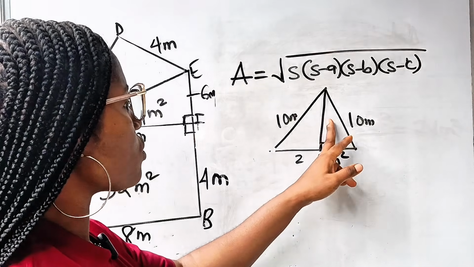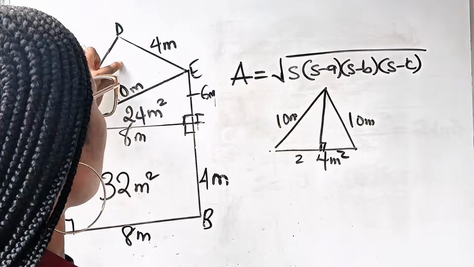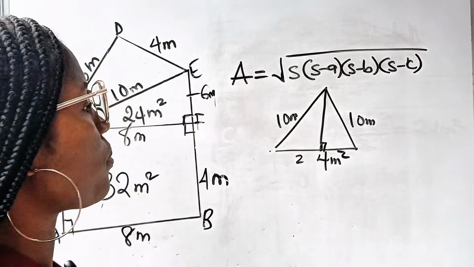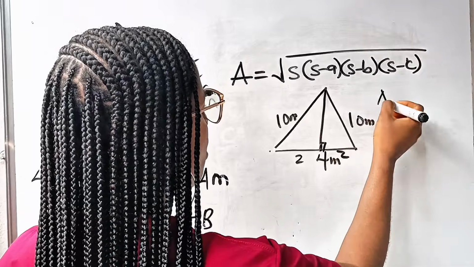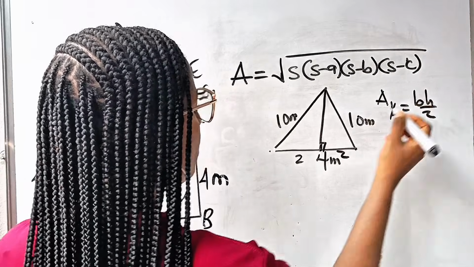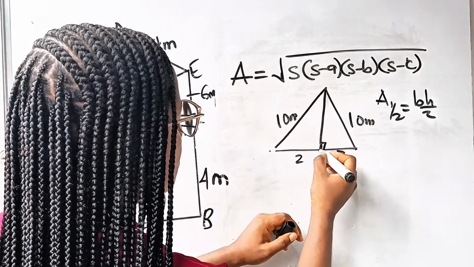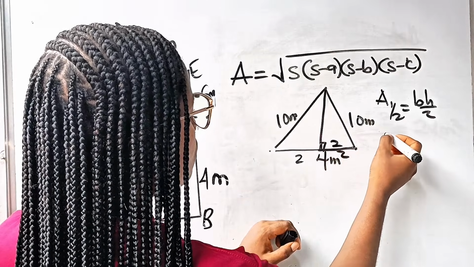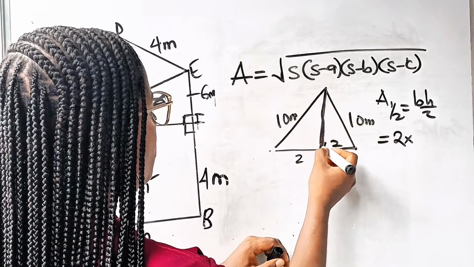So I can decide to solve for the area of half and then multiply it by 2 to get the area of the whole triangle. So the area of half of the triangle will be base times height divided by 2, right? So the base is 2, from here to here. So we have this to be 2 times the height, which is from here to here,